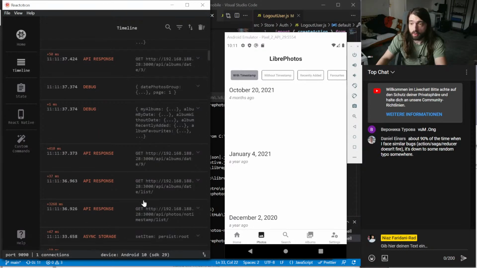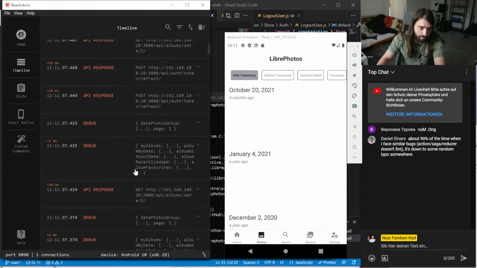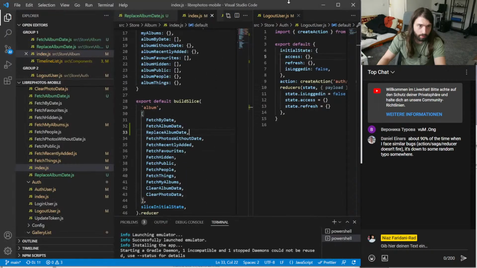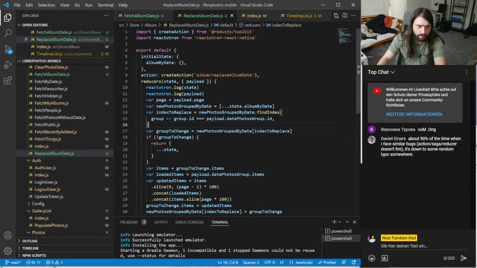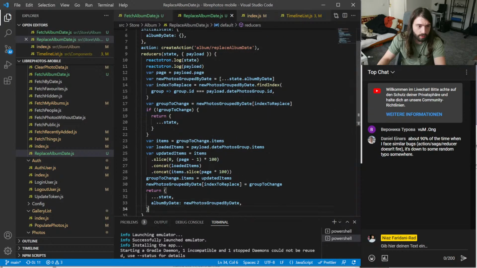Okay, so I guess I have to add the action to build slice, otherwise the action does not exist. Okay. I guess so. Alright, so now we're basically in here. We learned a new thing. So we have a state, we have the payload, and then we want to modify the actual state album by date, right?